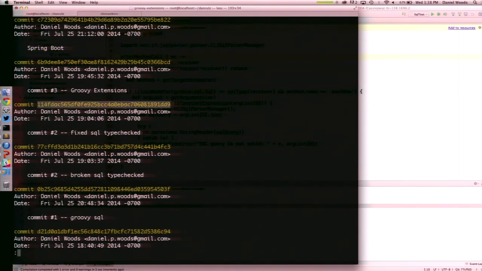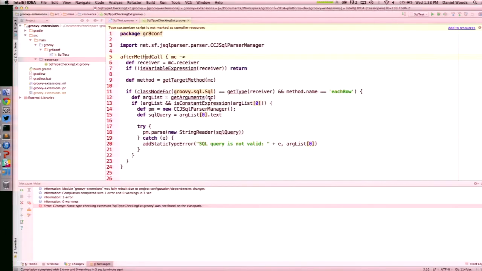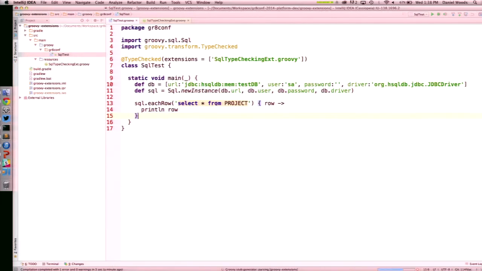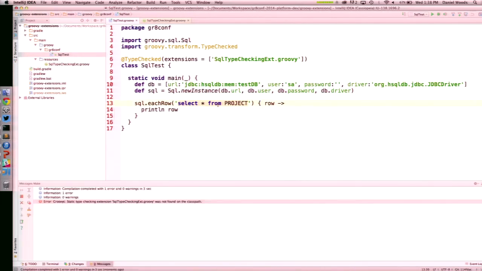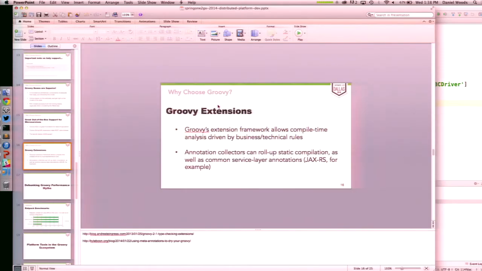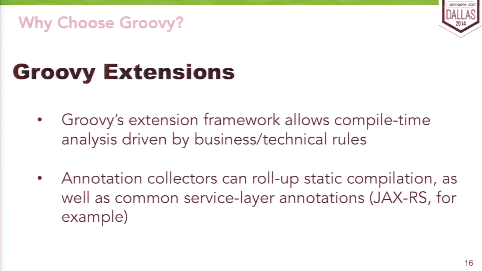If we go to here where we've fixed it, then what we'll see once we fix it is that, again, if the class path resources came up, it's now working, right? So it'll stop your compilation. When you fix it, it'll bring you back to good. So that's a pretty cool thing, right?